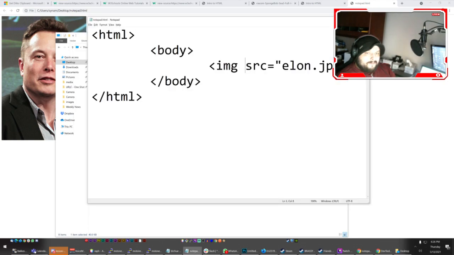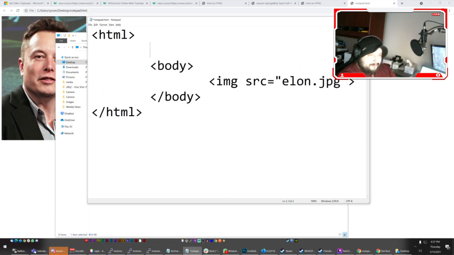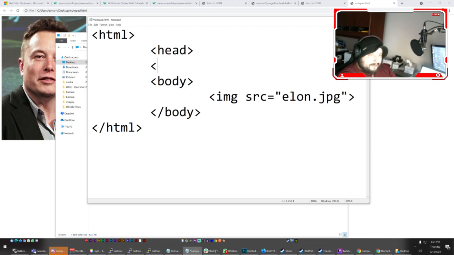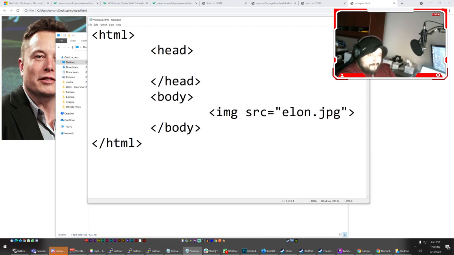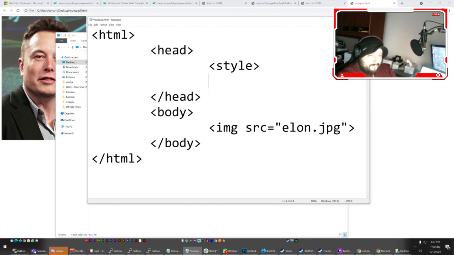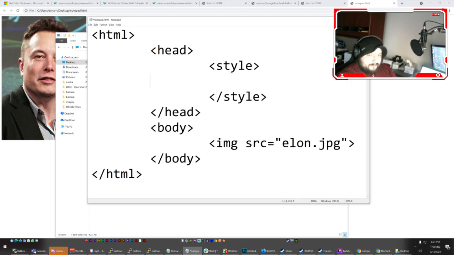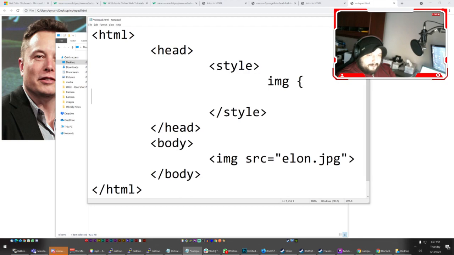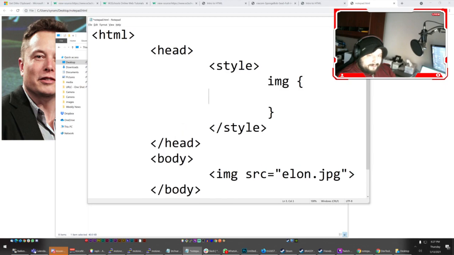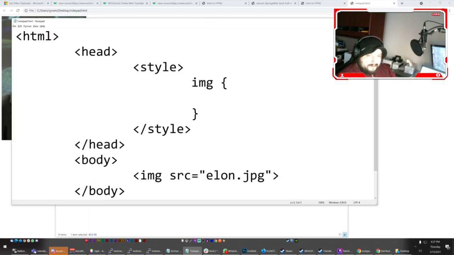So if you give it a height, and again, do not use, you know what, I'm not even going to do it that way. I was going to just do an HTML attribute for the height, but I'm not going to be lazy about it, and I'm actually going to do CSS, because I don't want you guys to ever use that. It's just not what you should ever do. So I'm going to do a style tag, and I'm going to style my image, right? Now my image, I'm gonna say width